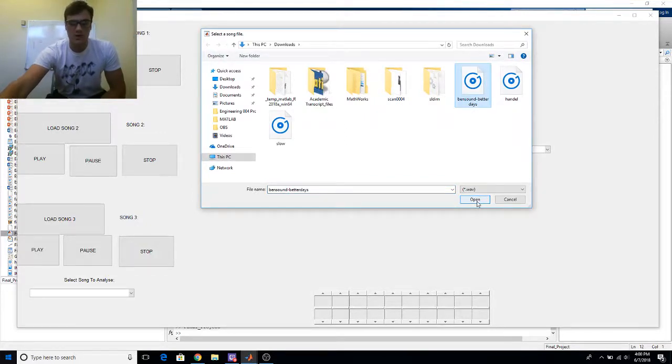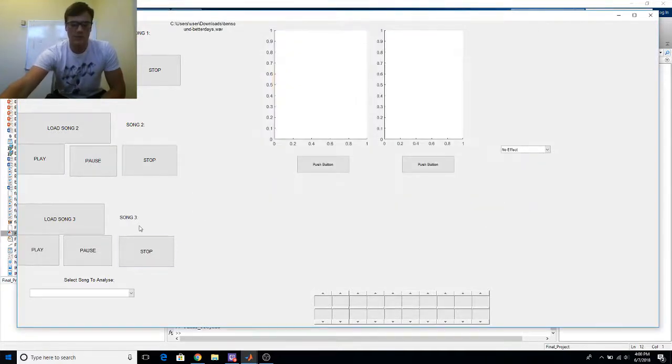Make sure it's a WAV file so that it can load properly, because that's what the code is programmed for. You click open, and you can see that the song name along with where it's stored in your computer will pop up next to song 1, and then you can click play on the song and it will play